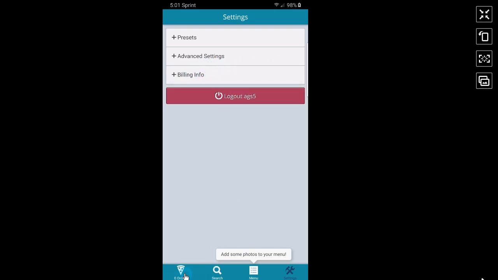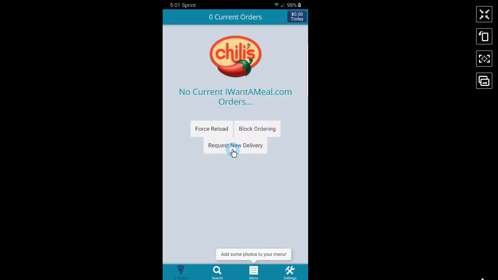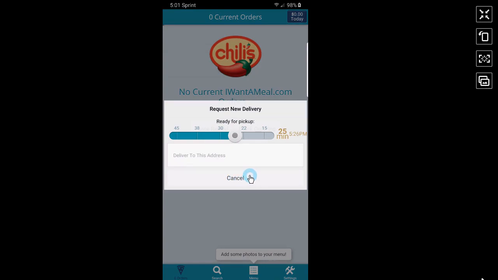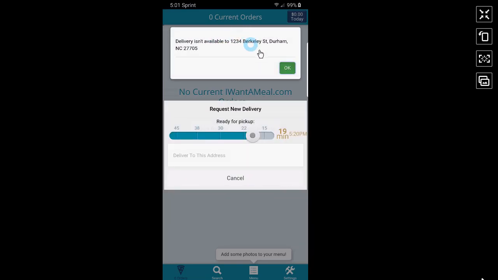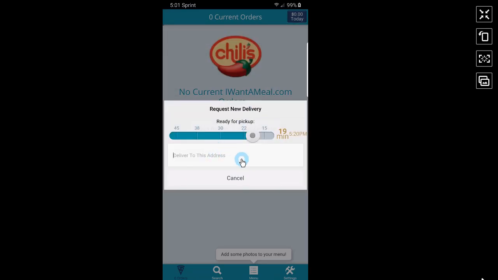So if you go in there and click request a new delivery, two pieces of information. The restaurant is giving you a time when the food will be ready to pick up, and then they need to know if the address is deliverable, where this order is being delivered. So they would enter an address, and if it's not somewhere you deliver right away, it's going to tell them that. If it is somewhere that you deliver,